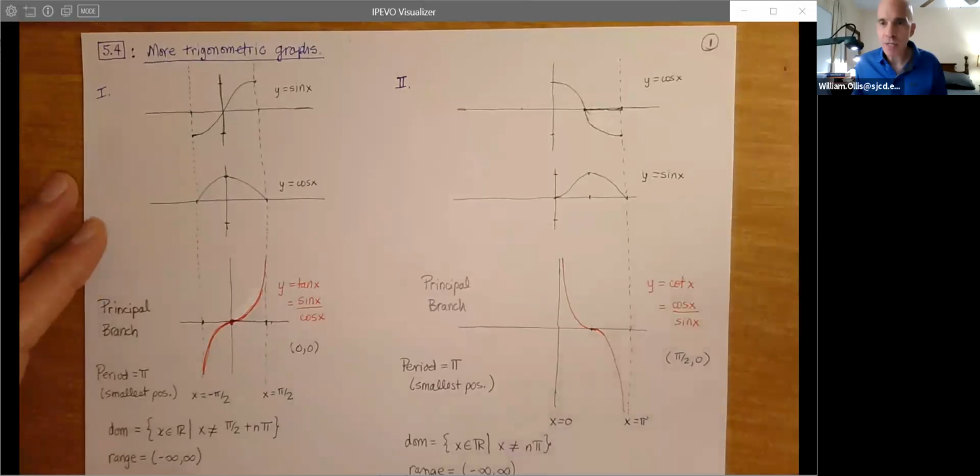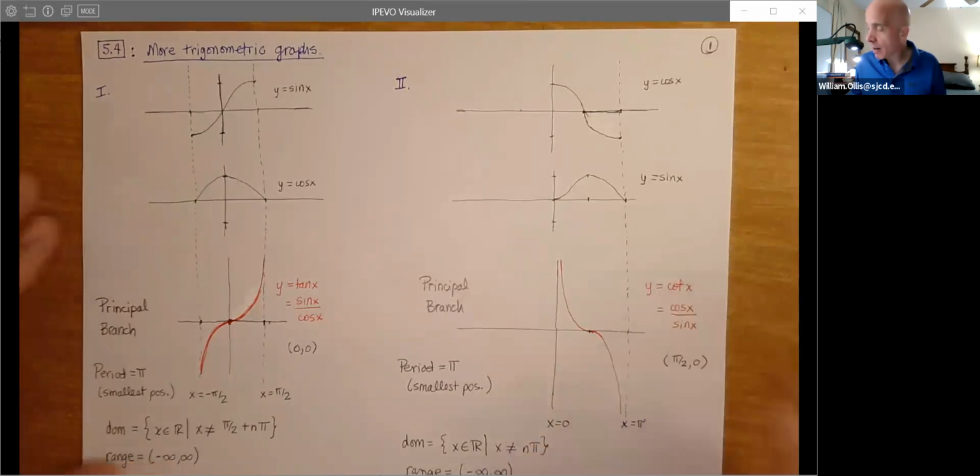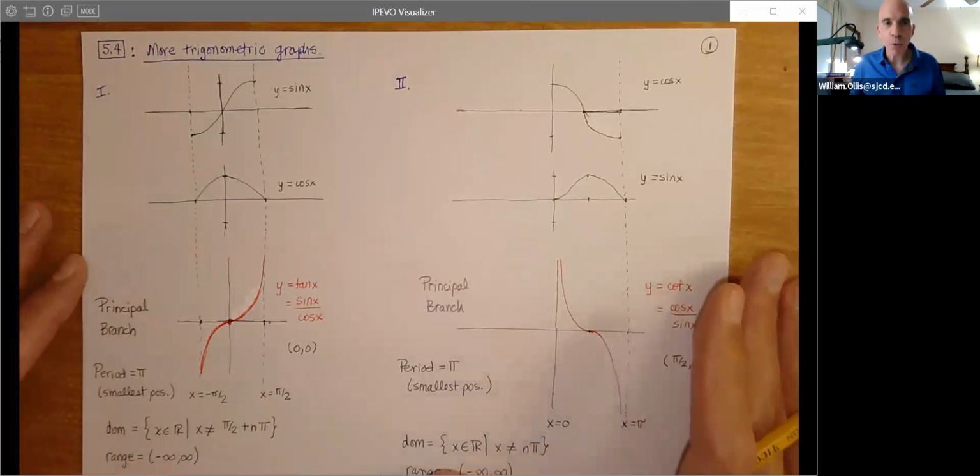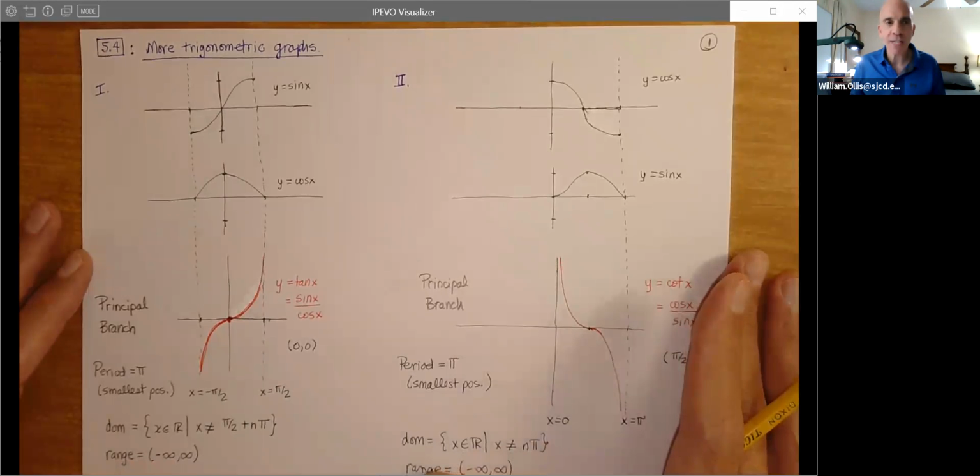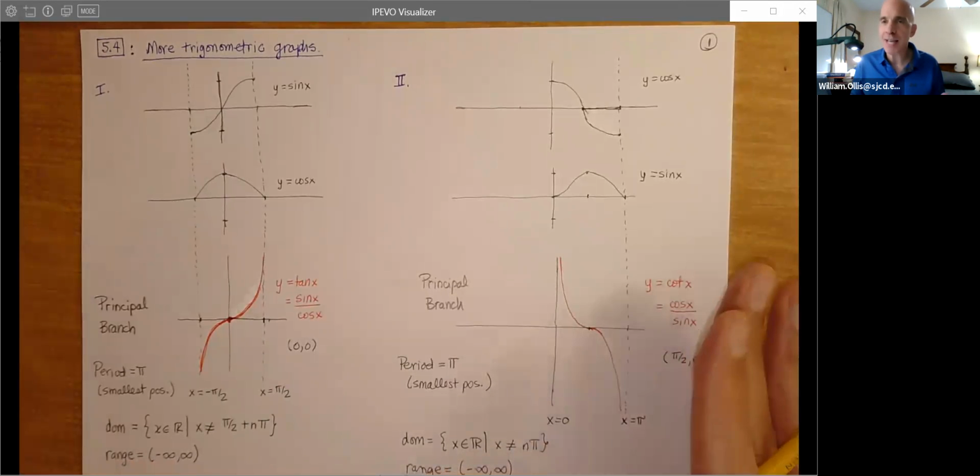So let me go ahead and share my screen. I want to go ahead and motivate the parent functions here. What I've done is a really simple analysis to show you how we can get the parent functions. I wanted to provide this because it's very simple and it's based on the sine and cosine,